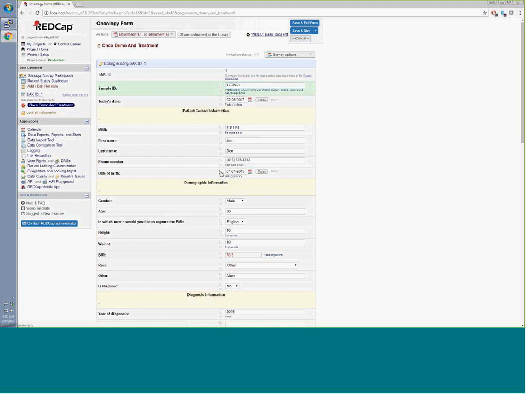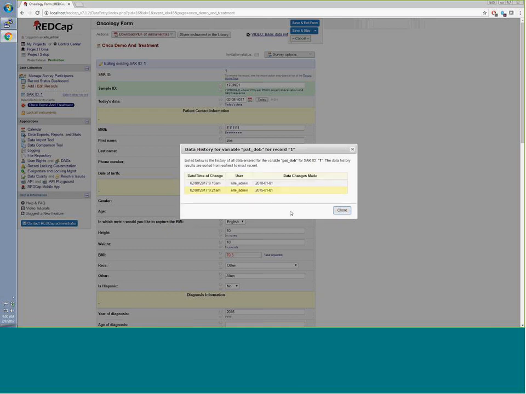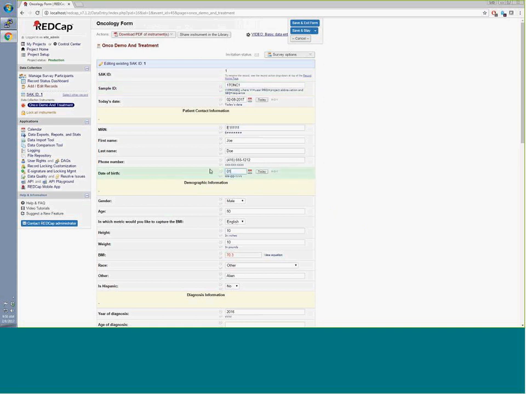But a history, for example, there's a history of that field or value in that field. I created that field today at 9:18, and I modified it at 9:21. So let's change it up. Let's do